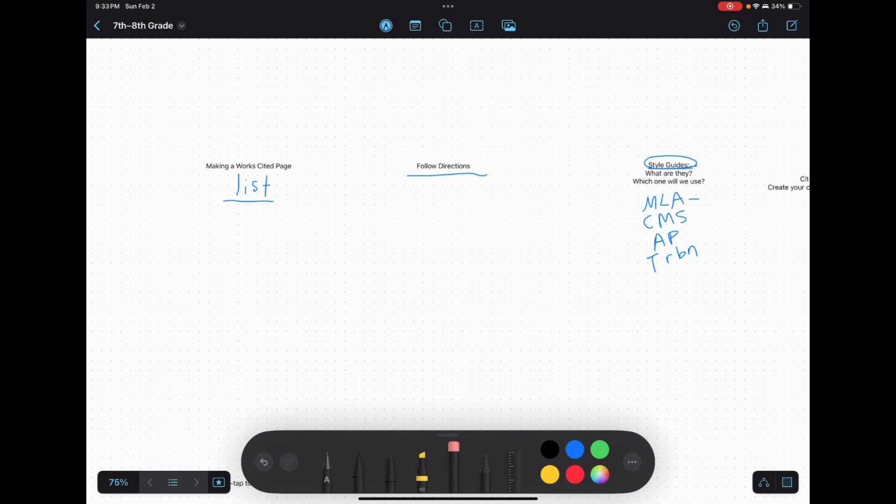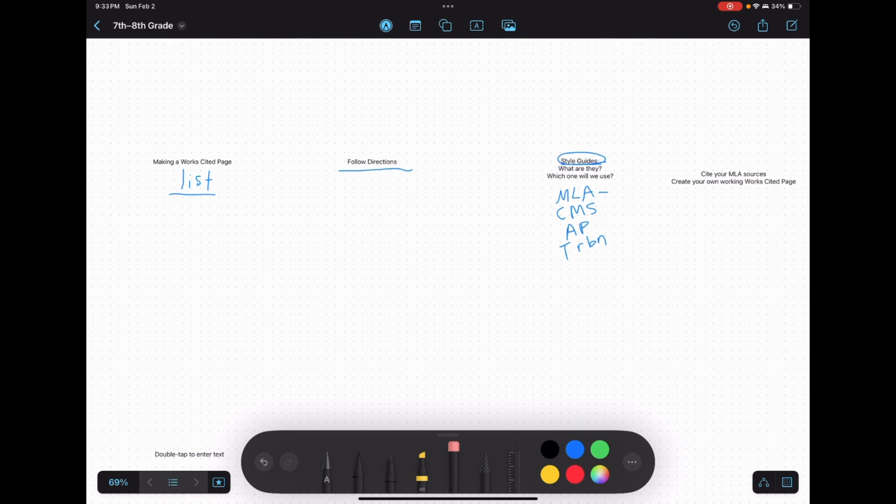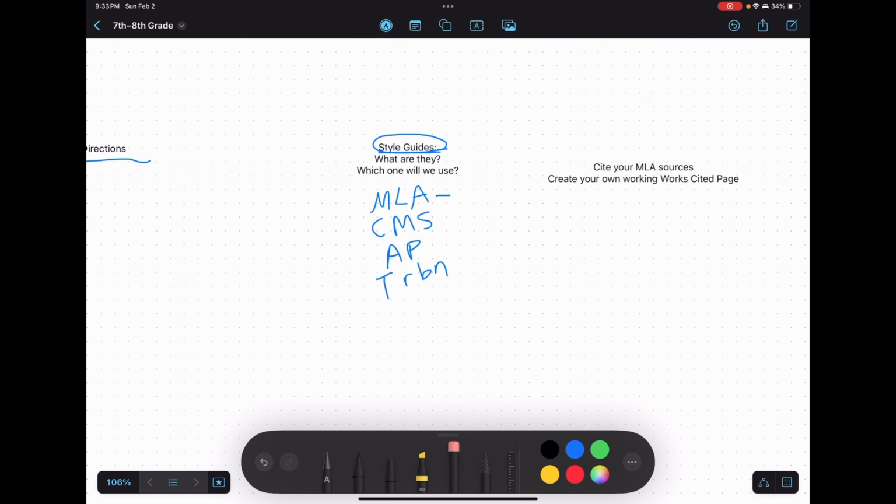I'm also very aware that if you're doing research and you're doing your bibliography correctly, then your research is still ongoing and your works cited page is a work in progress. So your homework was to cite your MLA sources and to create your own works cited page. But this is something that if you were doing true research, and as you're doing it for this paper, for my class, your finished project